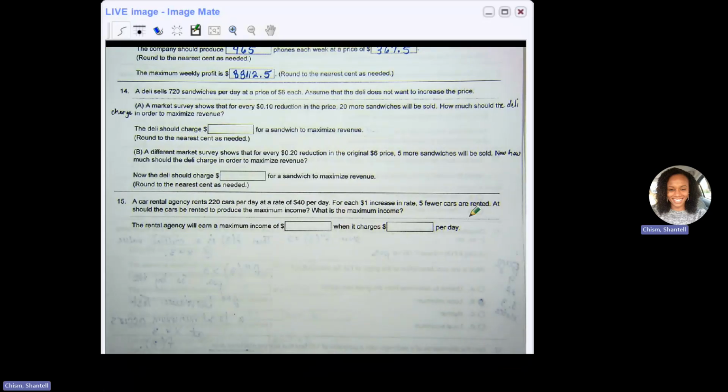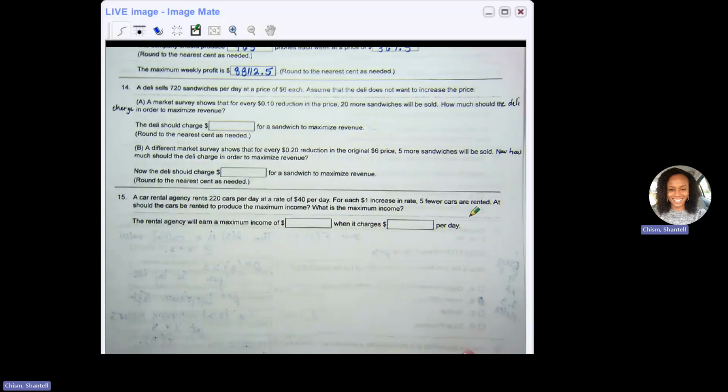All right. So then on part A, it says a market survey shows that for every 10 cents in reduction in the price, 20 more sandwiches will be sold. How much should the deli charge in order to maximize revenue? So we're talking about revenue. We're talking about maximizing revenue. So that's where we're going to be looking at